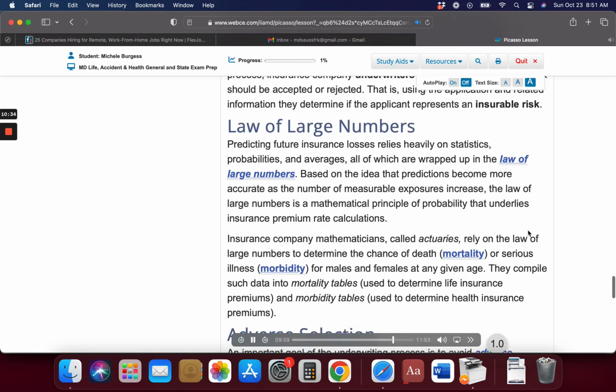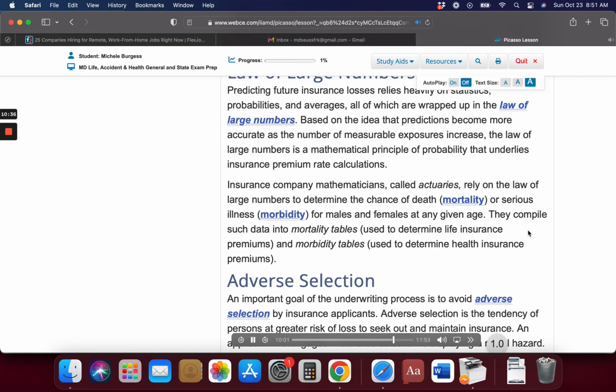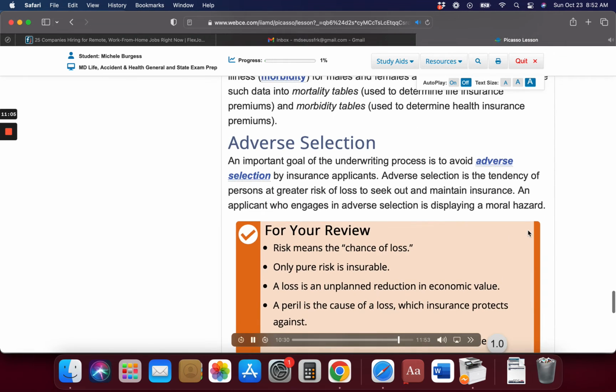Based on the idea that predictions become more accurate as the number of measurable exposures increase, the law of large numbers is a mathematical principle of probability that underlies insurance premium rate calculations. Insurance company mathematicians, called actuaries, rely on the law of large numbers to determine the chance of death, mortality, or serious illness, morbidity, for males and females at any given age. They compile such data into mortality tables, used to determine life insurance premiums, and morbidity tables, used to determine health